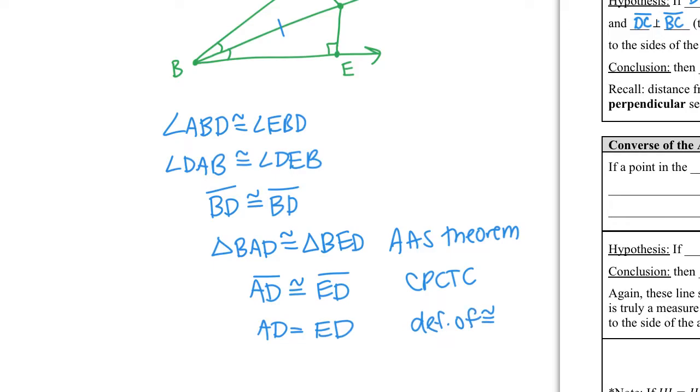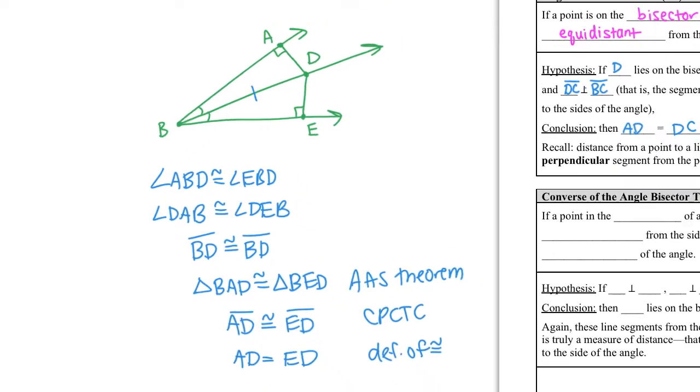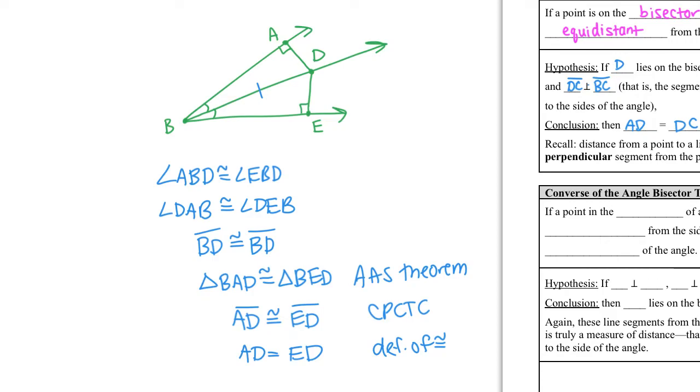So it's super easy to prove the angle bisector theorem by using our congruent triangles. And that's why we talk about it after we do congruent triangles. If you're just given an angle bisector, you can construct those perpendicular lines, make two triangles, prove they're congruent no matter what, and you can always prove that these two segments are congruent, which means these are